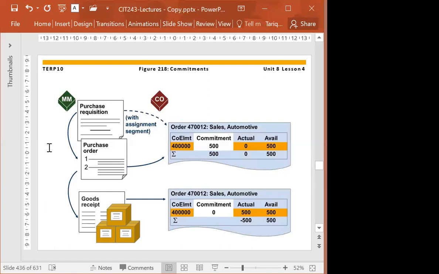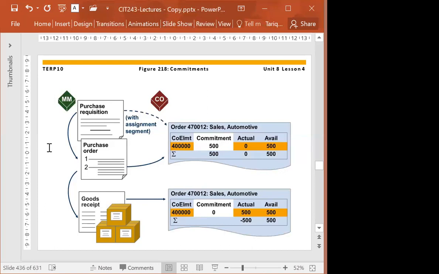When I submit a purchase requisition, it has to go through the authorities. They agree and approve. Once they approve, the purchasing department assigns that amount to my purchase order. That is what we call commitment.